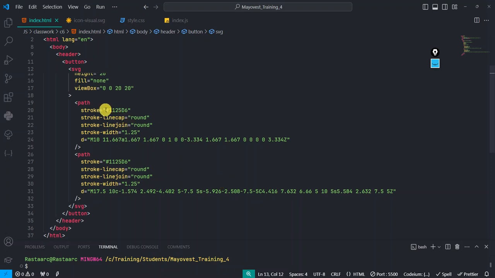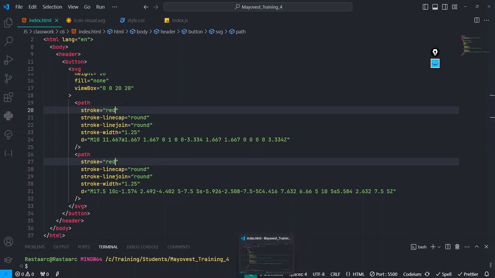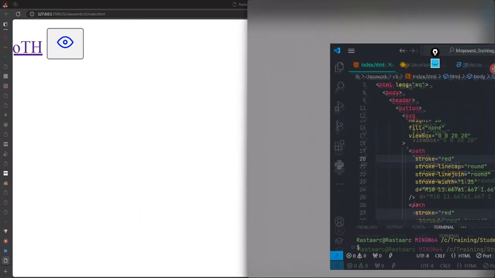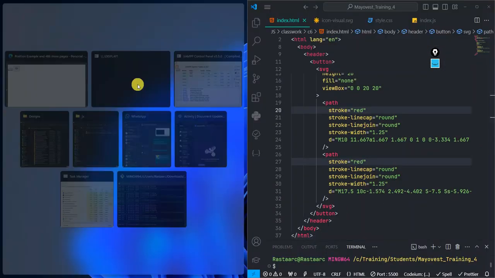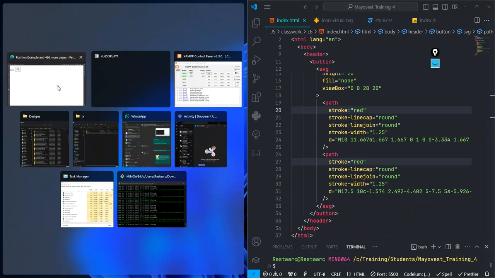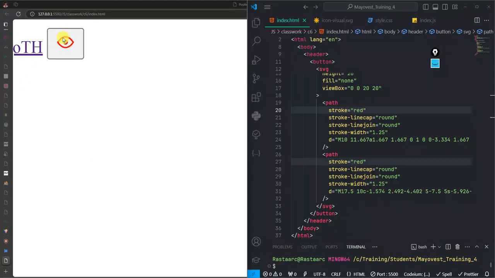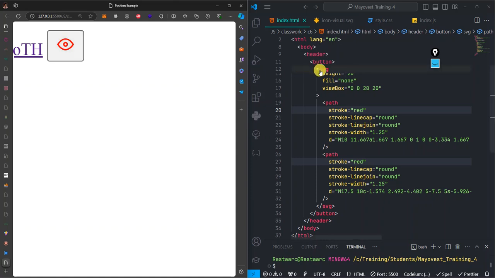How do I change it to red? It's just to update the color code in this part here. So for example, if I change it to red, go back to the screen, you see that it's going to update the color once everything is done. Can you see now? The color has changed to red. So with SVG,